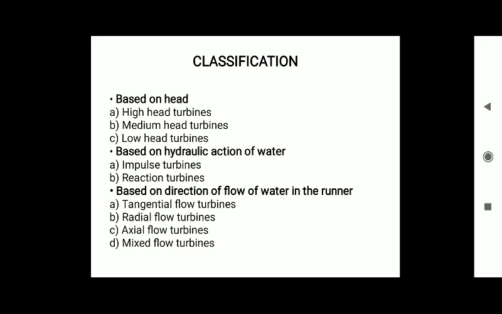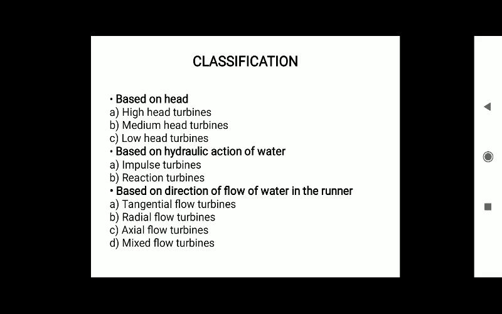On the basis of head, they are classified into three types: high head turbines, medium head turbines, and low head turbines. What do we mean by high head turbines? It is depicted by its name also: high head means it has some height, and that height is high enough. High head turbines have a minimum height of 250 meters. That means the height for a high head turbine should not be less than 250 meters, right? Now the next one is the medium head turbine.